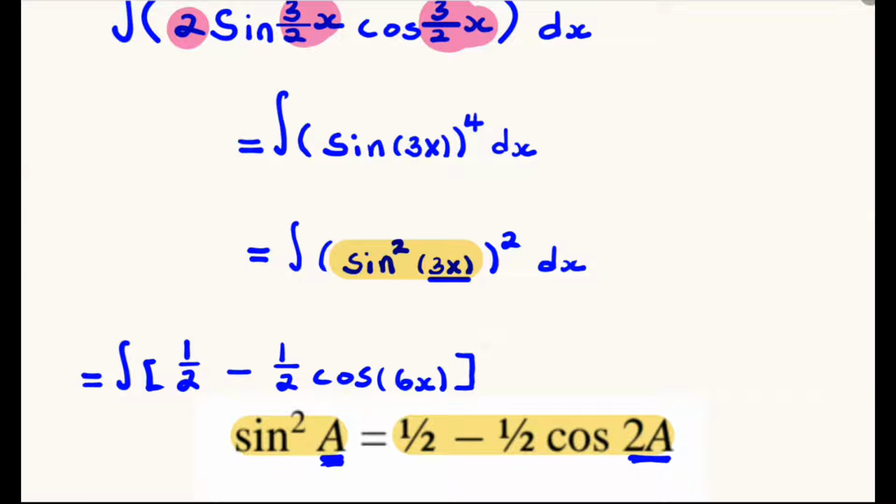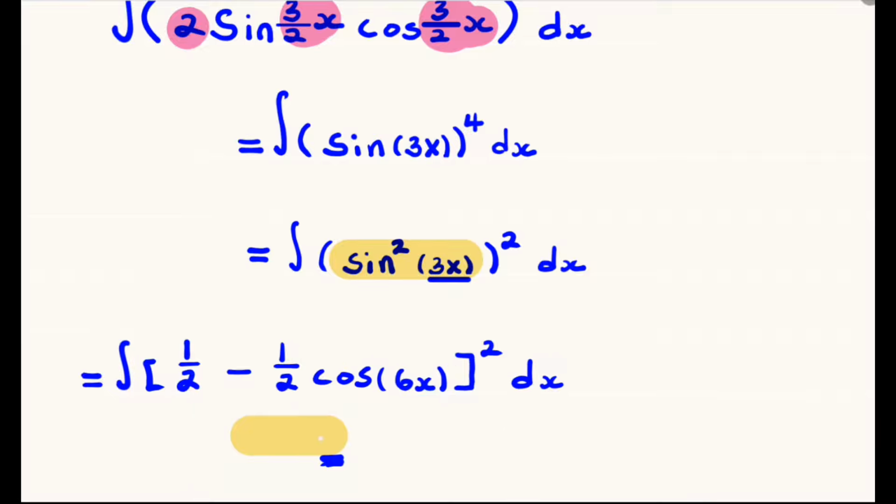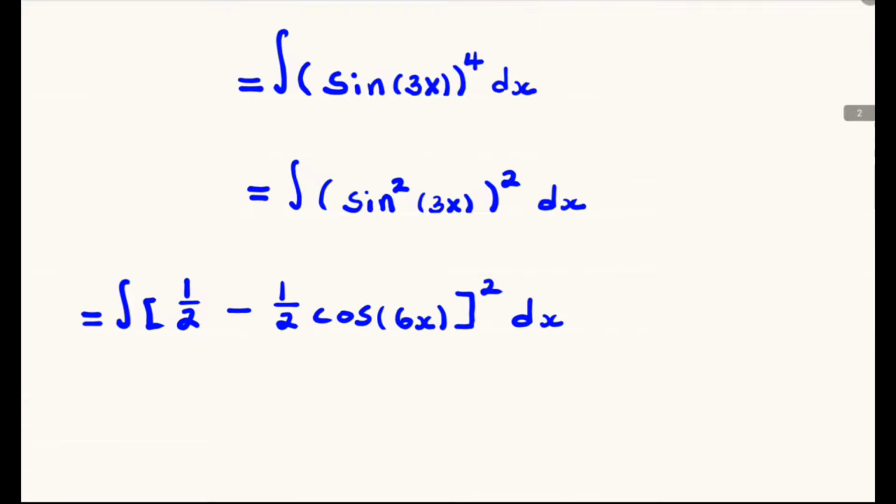And we raise this to the power 2, dx. We can expand and have half minus half multiplied by cos 6x, multiplied by half minus half multiplied by cos 6x. So we can do that, or